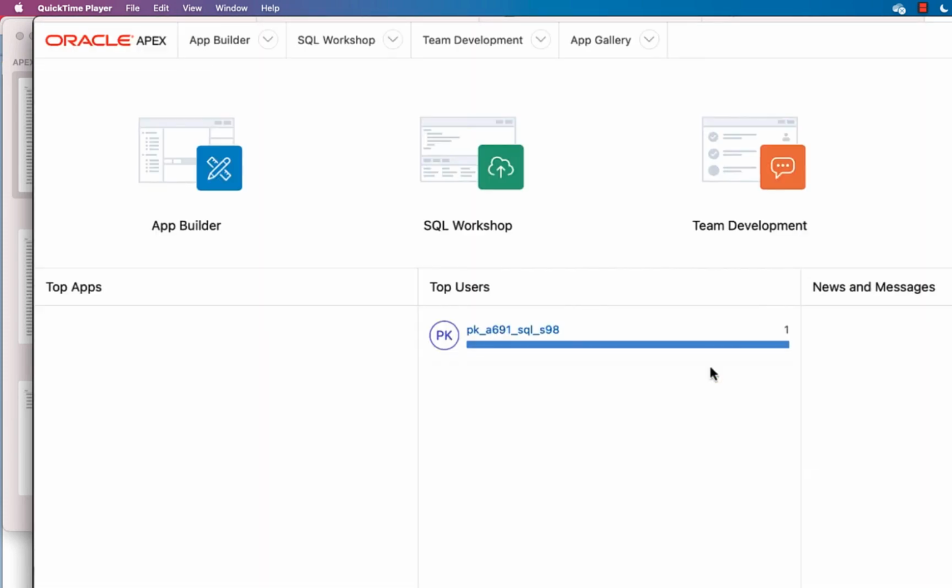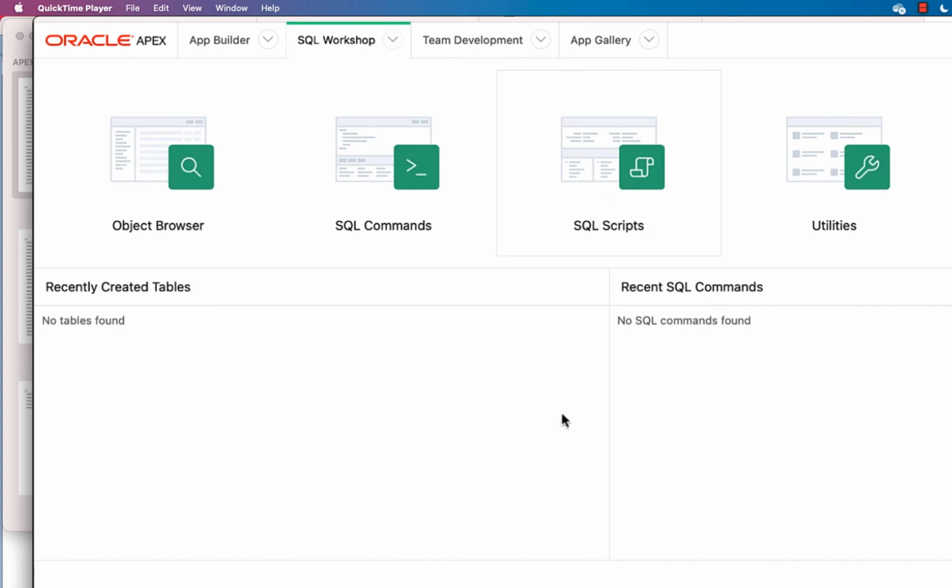So this is the interface of Oracle Apex. Using app builder, we can build applications, mobile applications, very easily, but obviously we are interested in the SQL part.